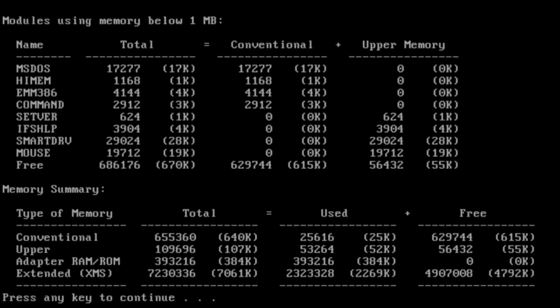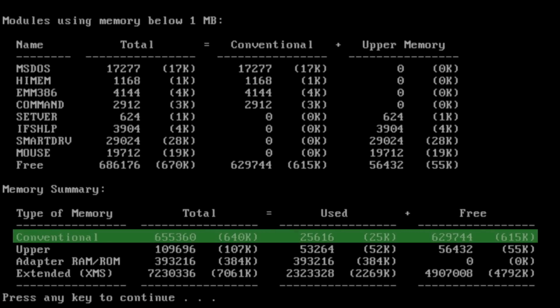But let's look at the actual mem command instead. It provides 615K free conventional memory, 1K more than my own configuration. The reason was that it caught setvar, which I had forgotten to load into the UMBs. For the upper memory, it only provides 107K, but that's because I told MemMaker to apply memory reservation for running